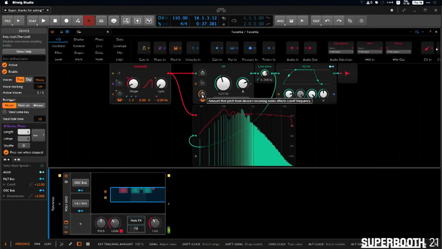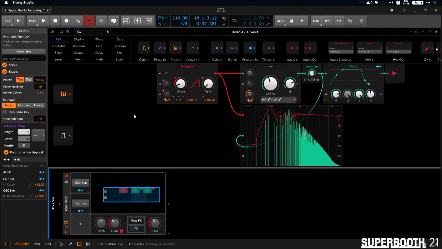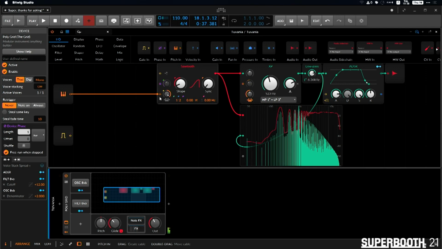So, I don't know what you do for fun. I like to play a keyboard incorrectly. So, I'm going to turn off pitch tracking on the oscillator, and I'm going to manually bring in the pitch signal and open up the attenuator, and I will hear exactly the same thing. That's what that tiny little icon is saving me from, is wiring up every oscillator with a cable and using the input port. So it's working exactly the same as before, but now that it's a signal, I can process it.